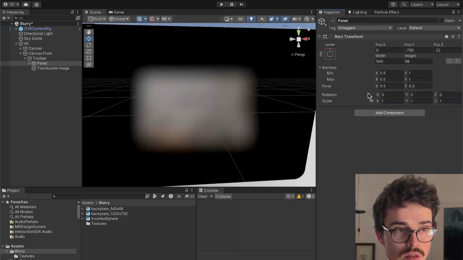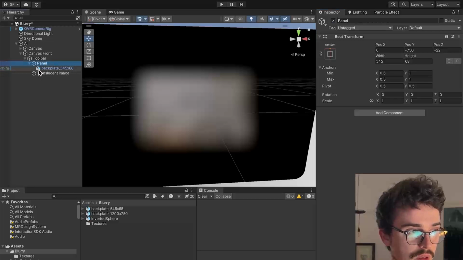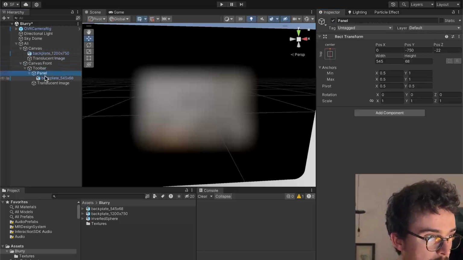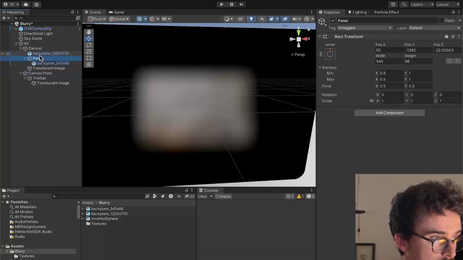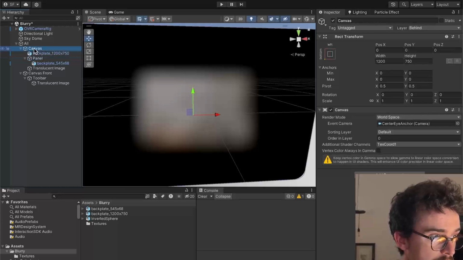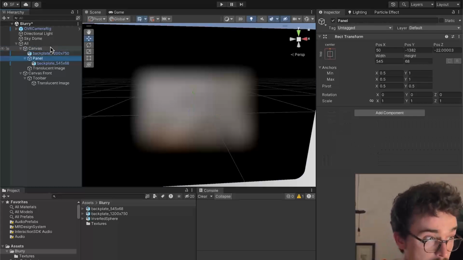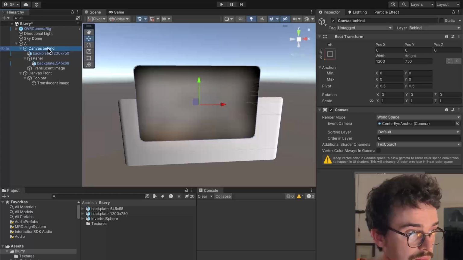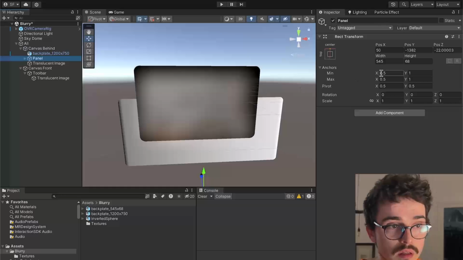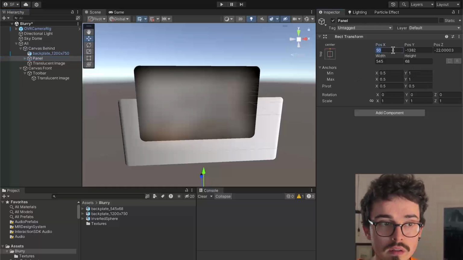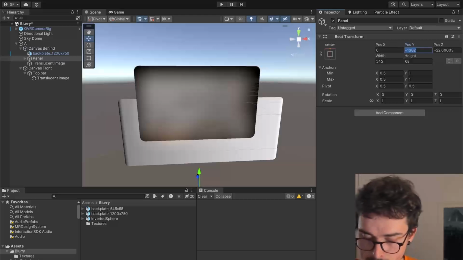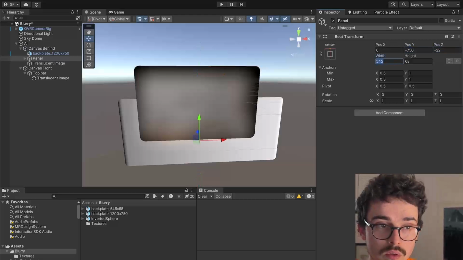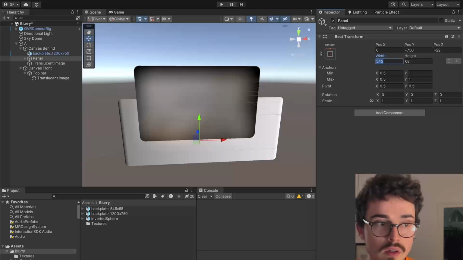no scale. Okay. All right, and because the panels should be all in the same layer, we have to move it to the behind canvas. Let's also call it behind. Canvas behind. Behind panel. Let's do it again here. 50 minus 750 minus 22. Okay, and